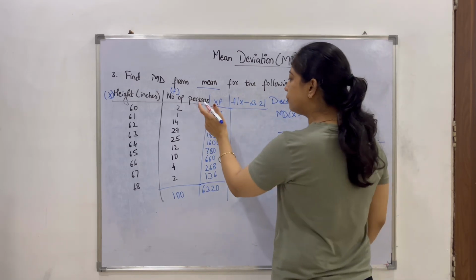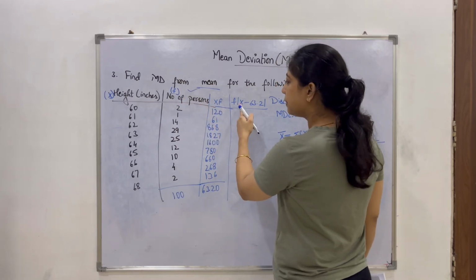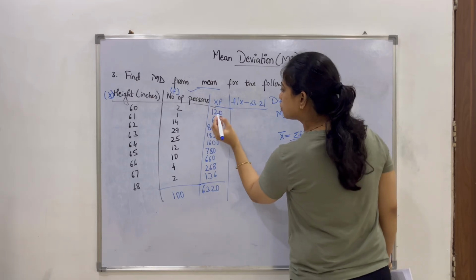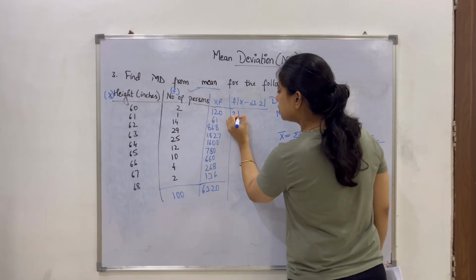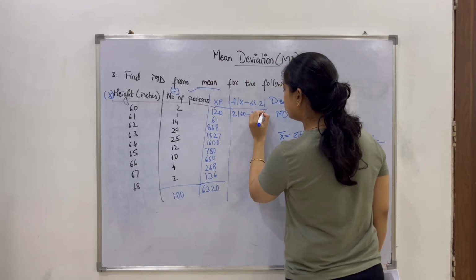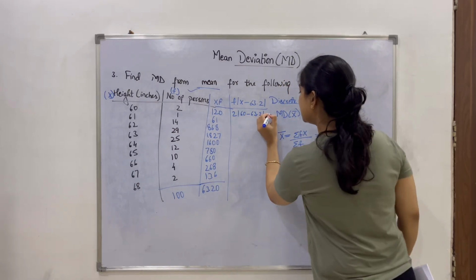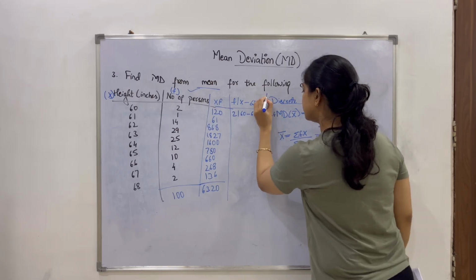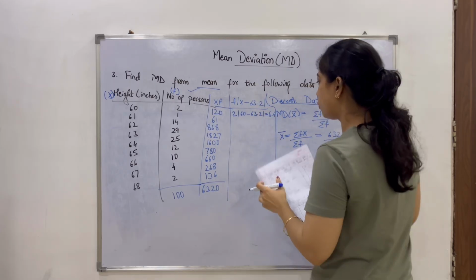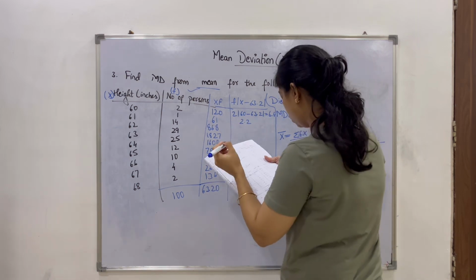So we have to consider the f column and then multiply that with x minus this. So in case the first one is 2, x is 60 minus 63.2 will give us the value as 6.4. 6.4. Similarly, the rest will be 2.2,